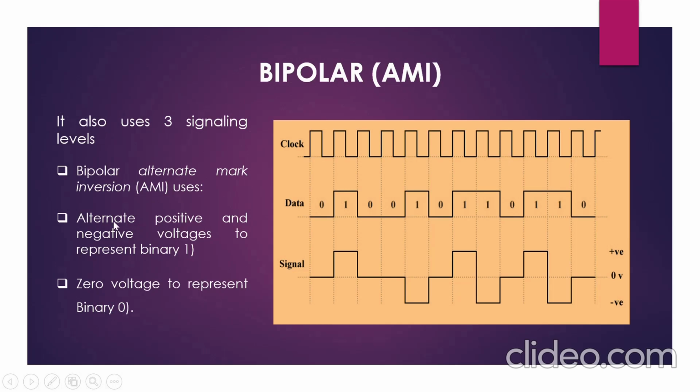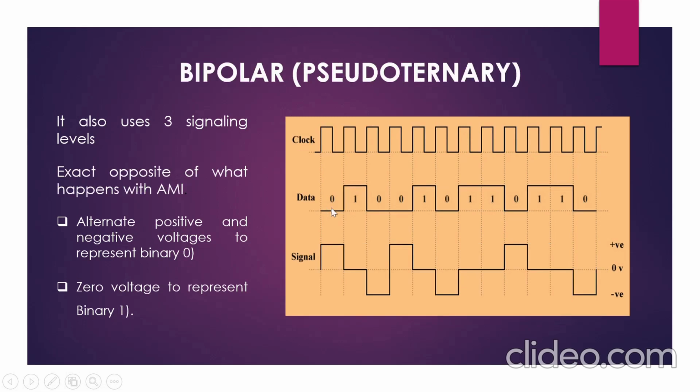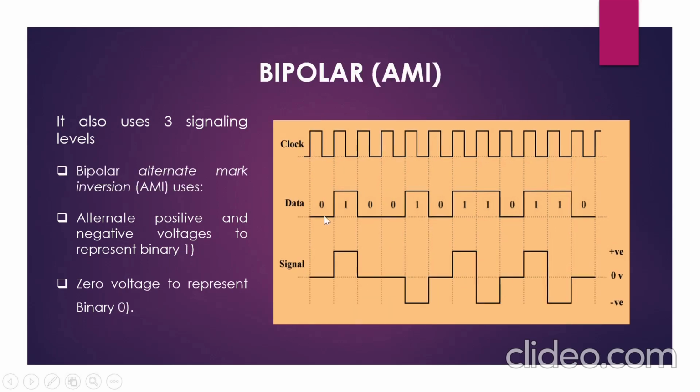A binary 0, and alternate positive and negative voltages would be used to represent a binary 1. So in here you can see 0 is represented by 0, 1 is represented by a positive transition or the positive value. So 0 by 0, 0 by 0, then there is